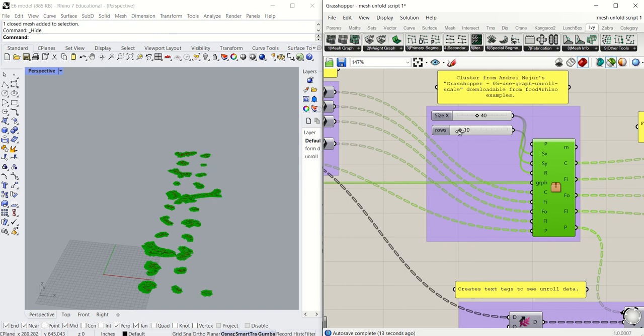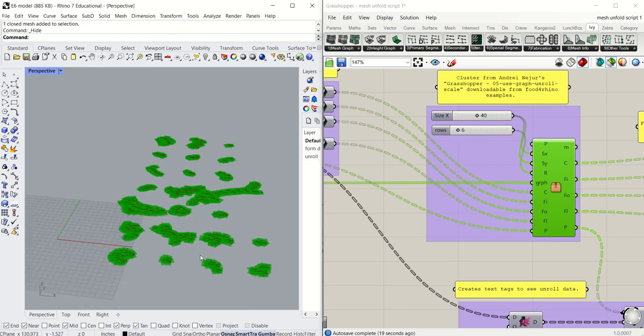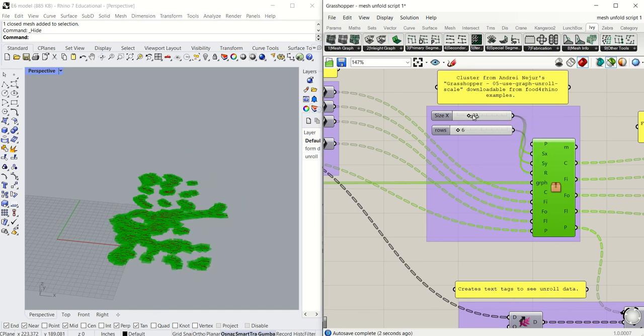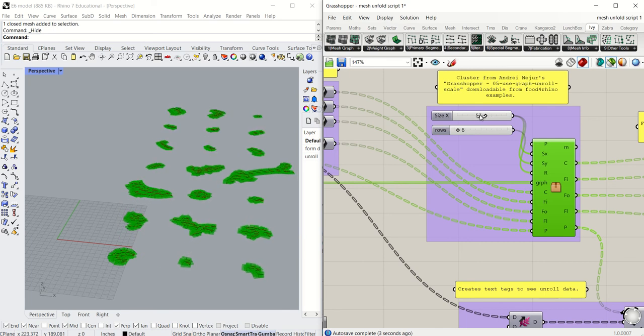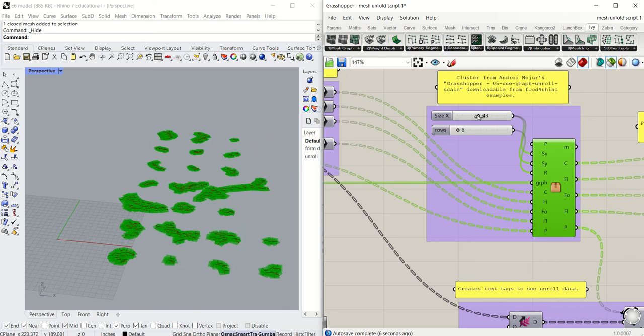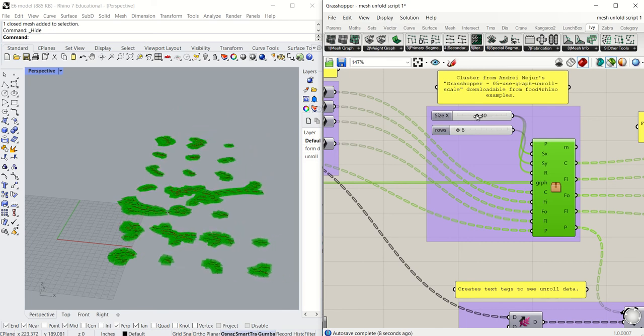So if I want 4 rows, or 6 rows, I mean, this is how it'll look. And this scale here scales it down in the XY coordinate plane, so if you want them to be smaller or larger, you can lay them out as you see fit. So that's the first part of this